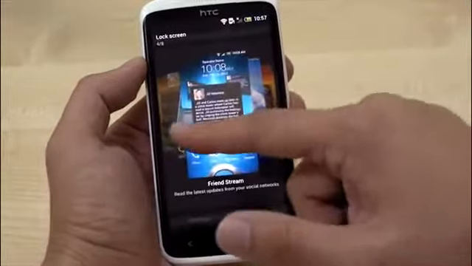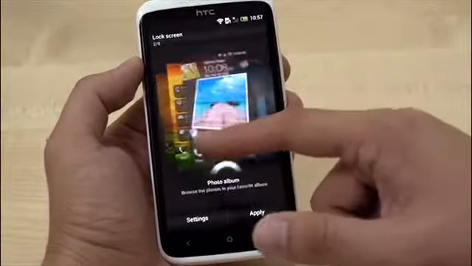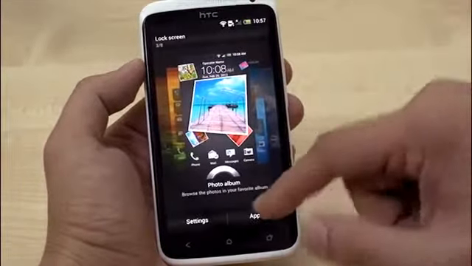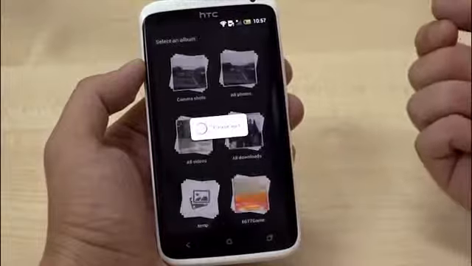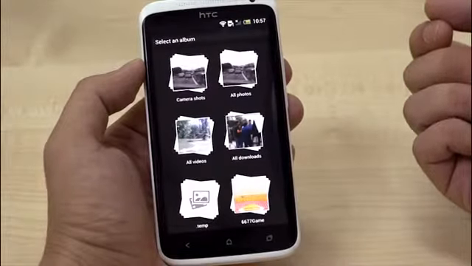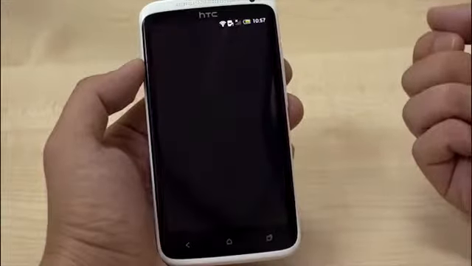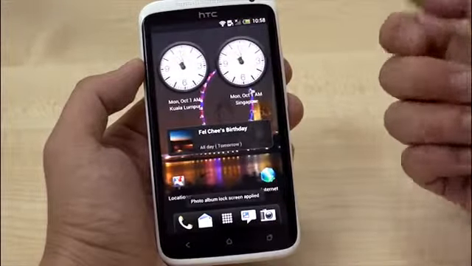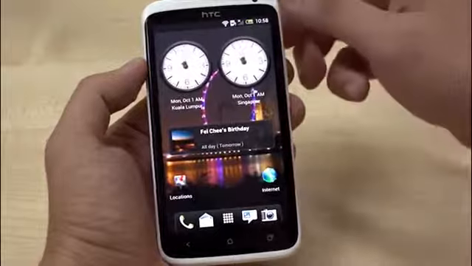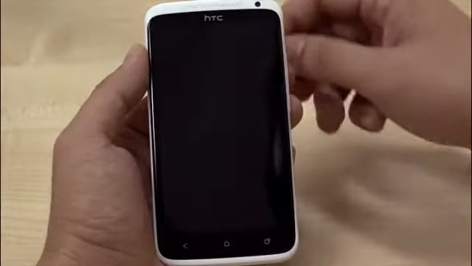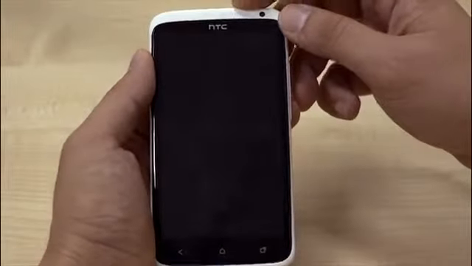So let's pick up something that's interesting to us. I think that this photo stream one is pretty awesome. Great way to sort of decorate your lock screen. You can select an album. I'm going to select all photos, right? It's been applied. There's a notification below. So let's go ahead and lock the screen. It's been locked now. If I turn the screen back on,